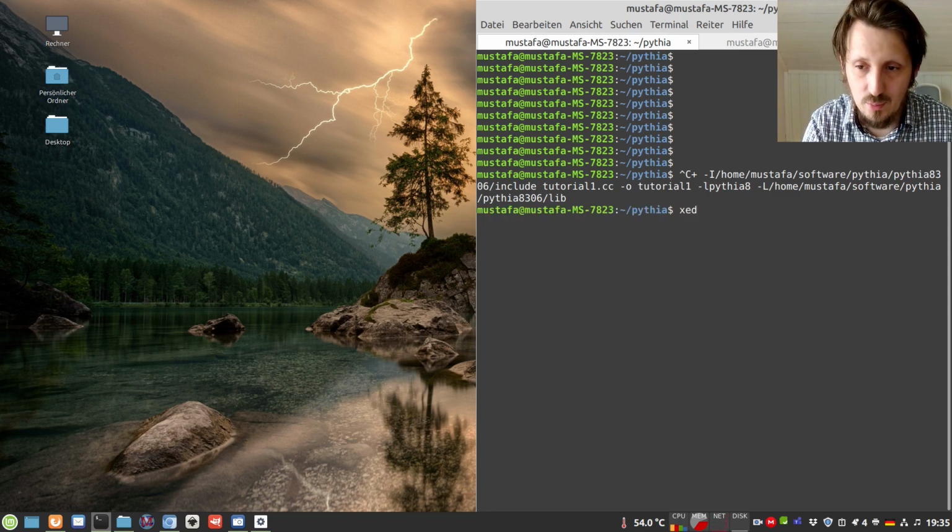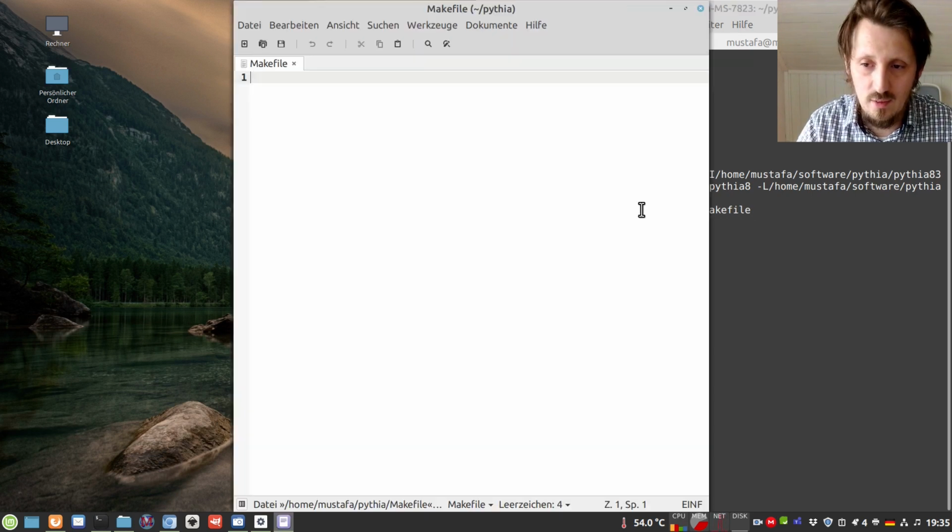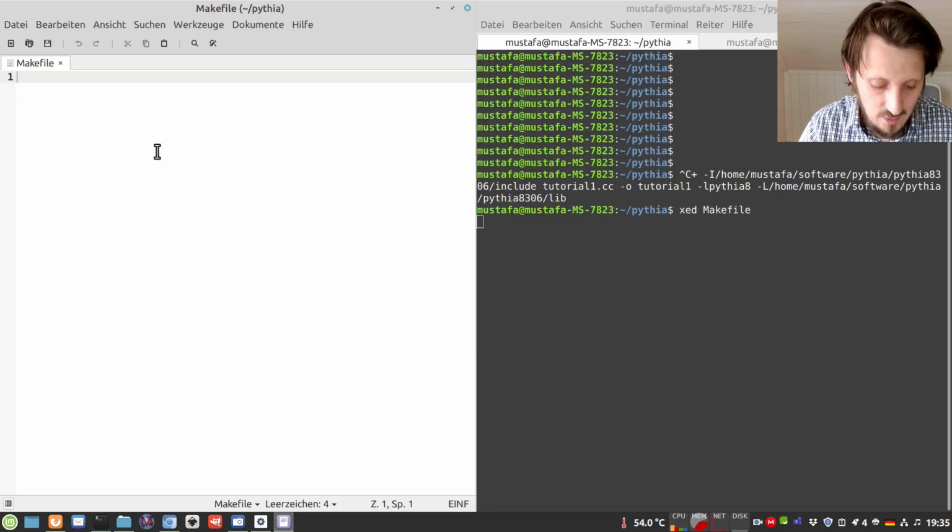For that, I would like to create a new file, which we call Makefile, and we can just edit it in whichever text editor we like. Normally a Makefile starts with all and a colon. However, we don't want to do that because we want to compile tutorials specifically. In the future we will have tutorial1.cc, tutorial2.cc, and so on, and we want to choose with the Makefile which of them we want to compile. So what we write here is tutorial%, which is a kind of internal wildcard of make, and then a colon, then tutorial